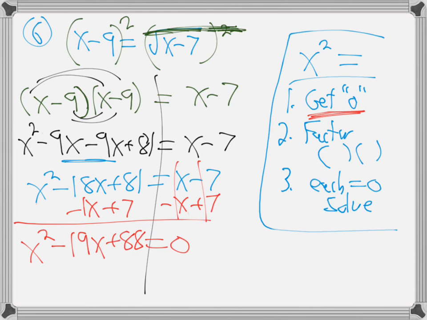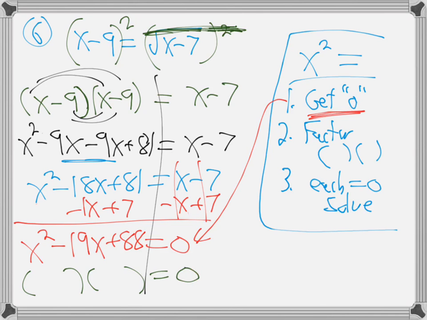So I did opposite of x, negative x. Opposite of negative 7, positive. Do it to both sides. Cancel 0. Other side, minus 18, minus 1 is minus 19. 81 and 7 is 88. Now I've got to factor that, like the 2 parentheses. So I got my 0. Now factor